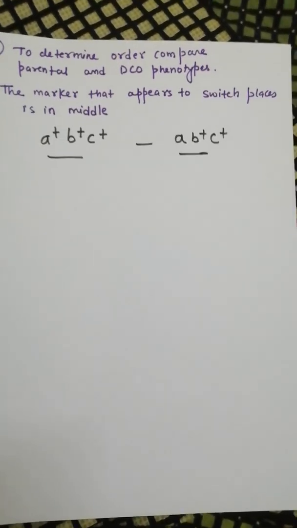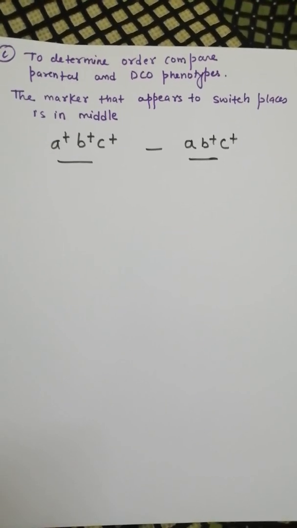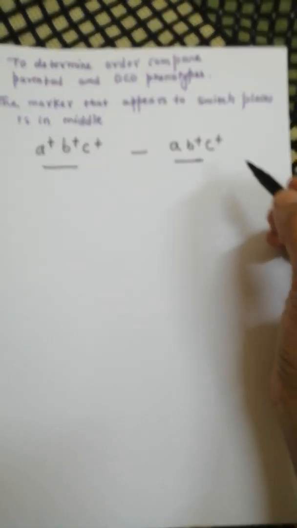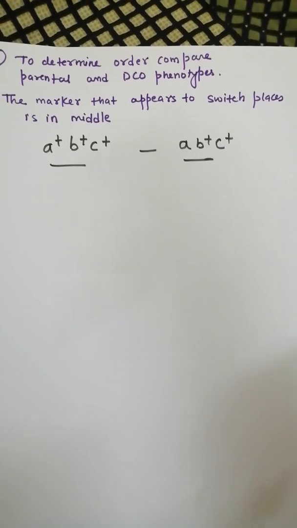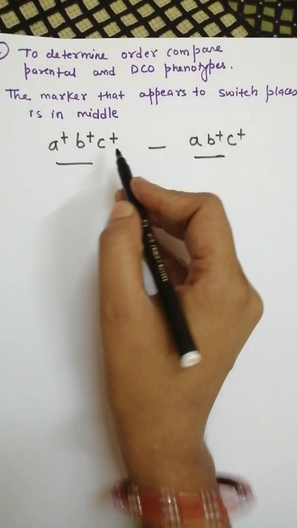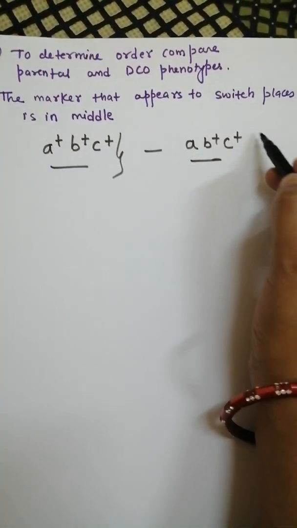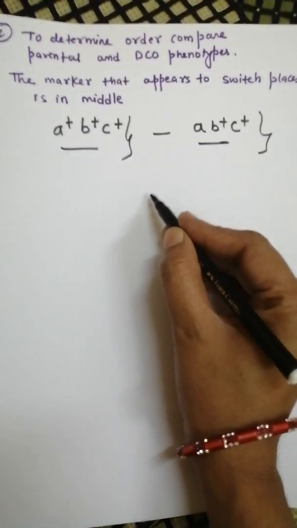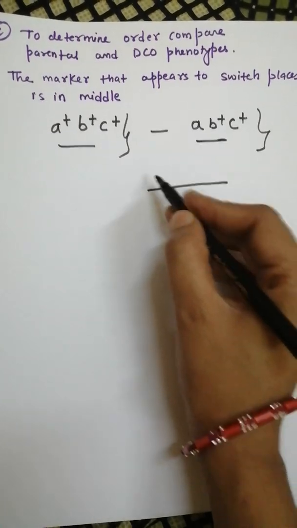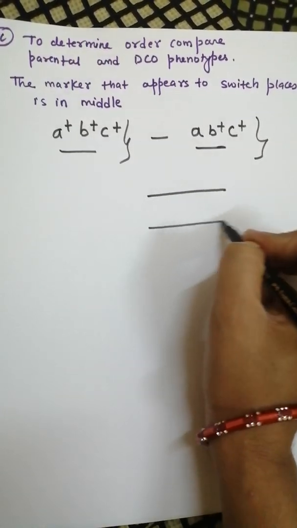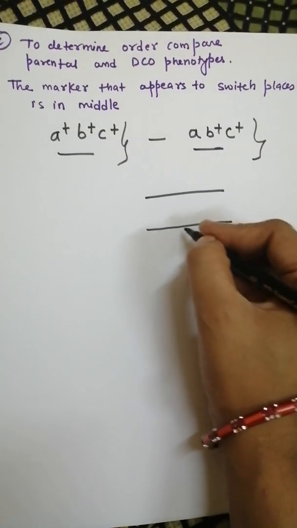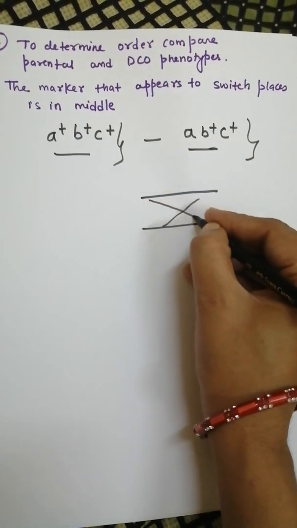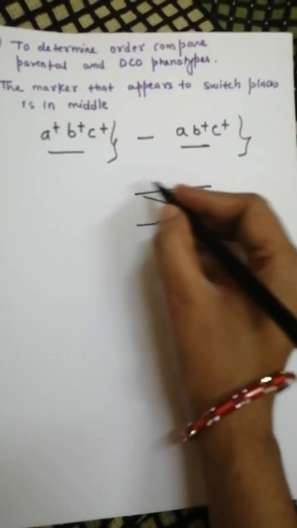The marker that appears to switch places is in the middle. We already know that in a double crossover the middle place is switched. If it is parental and it is double crossover, then if we assume this is the gene, then the middle should be, if double crossover takes place,